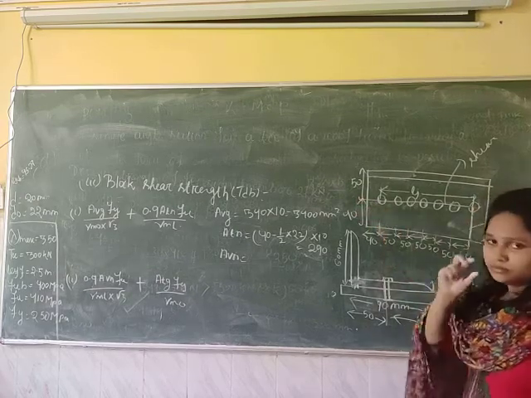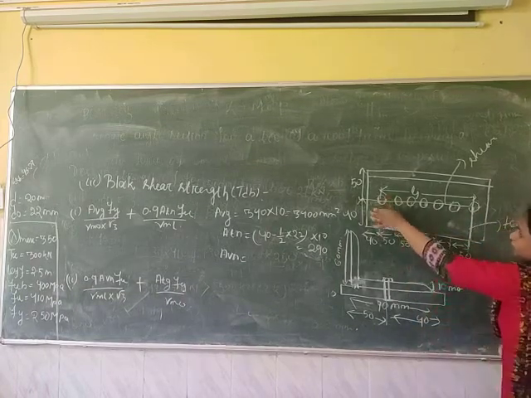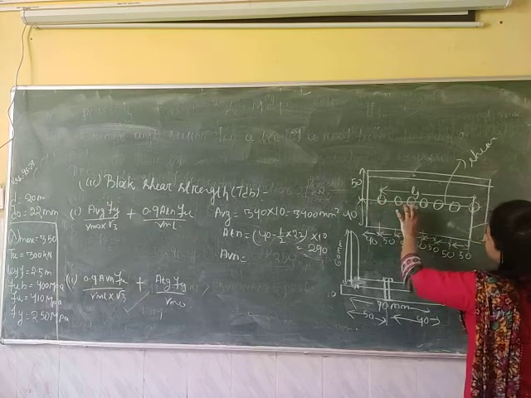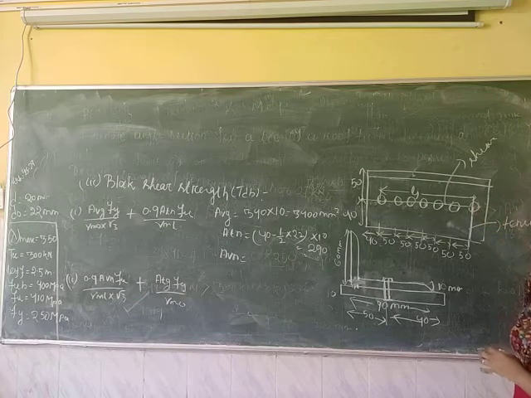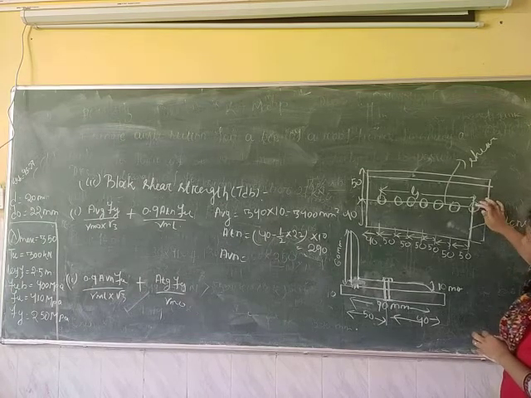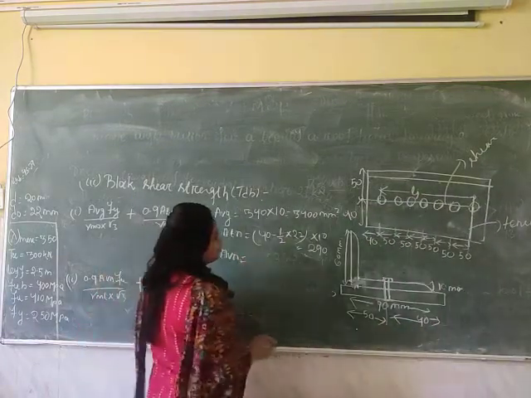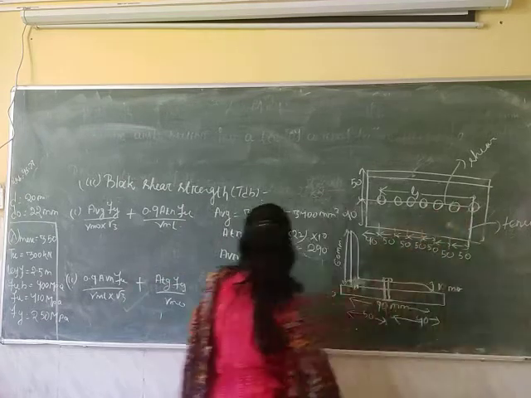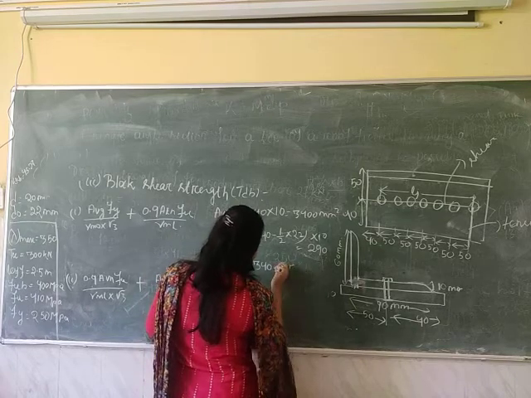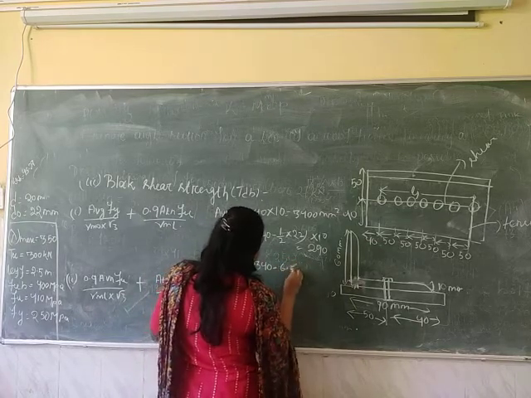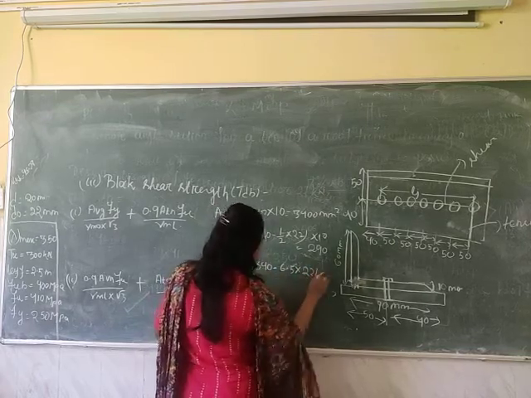Means we have to deduct the bolt hole diameters which are coming on this shear plane. So here, 6 complete bolt hole diameters are coming, and half of the bolt hole diameter of this last bolt is coming. That means 6.5 bolt hole diameters we have to deduct here. Okay, so this total length is 340. 340 minus 0.4 minus 6.5 into bolt hole diameter, that is 22 mm, into thickness is 10 mm.